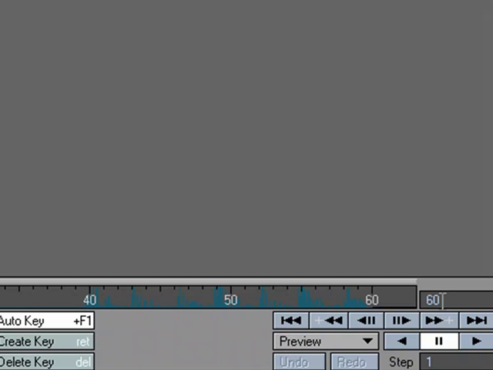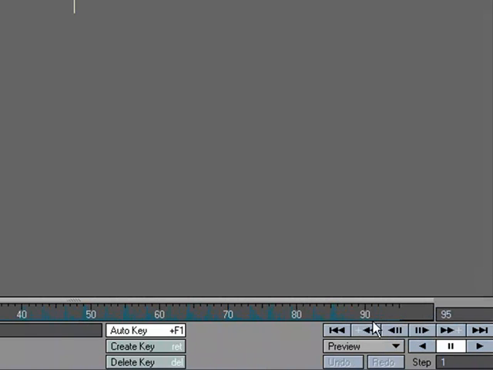I loaded it up here first because I want to be able to see how long this is. Let's go 95 frames. It looks like it ends around frame 90. Okay, but it doesn't actually start right away. If I scrub through,